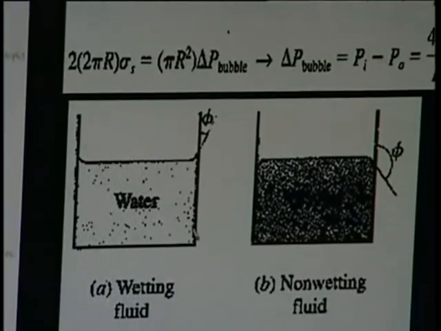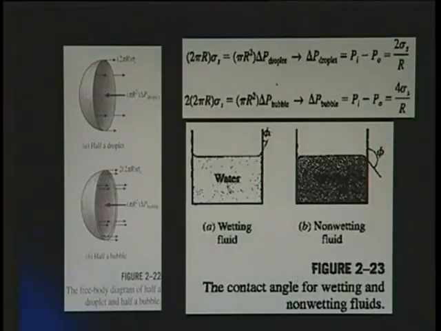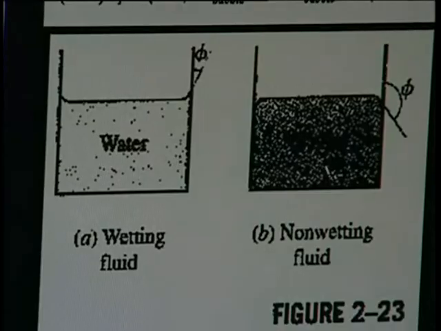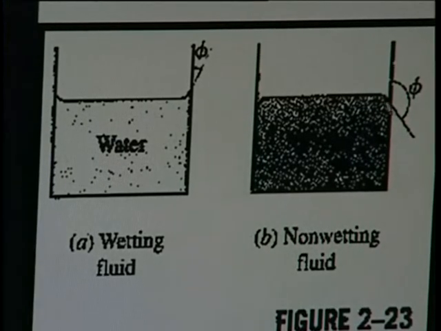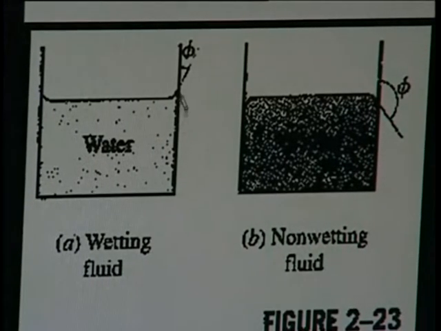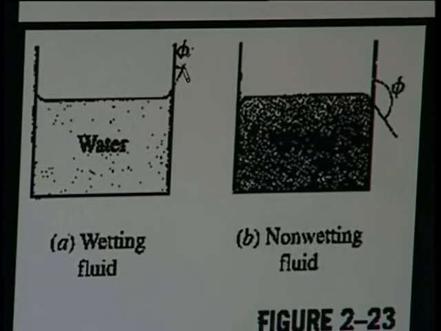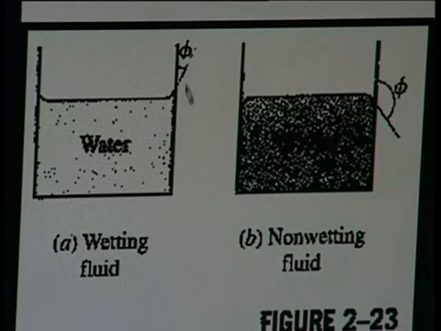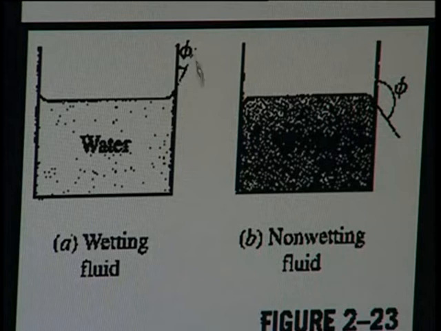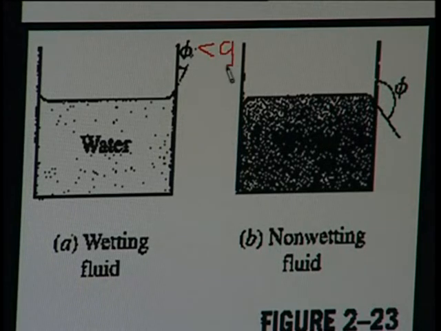Now, we have this third figure. In this figure, we have these two pictures. One is the contact nature in case of water, and the other is the contact nature in case of mercury. In case of water and glass, we see this phi. This phi is less than 90 degrees. When phi is less than 90 degrees, in that case